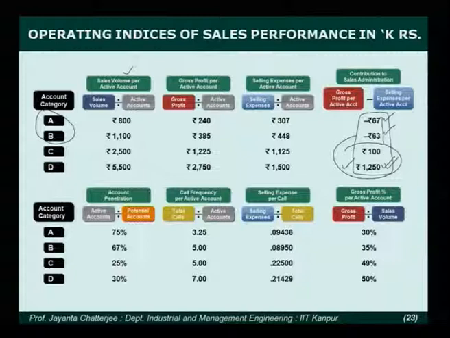We have to look at all of these analyses together and then possibly decide that our selling expense per call is too high, maybe we can do something here, maybe we can do something to improve our gross profit in account type A, or maybe we can increase the number of active accounts, account penetration in D, that can cause a significant